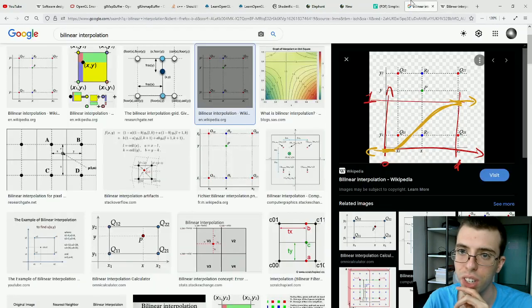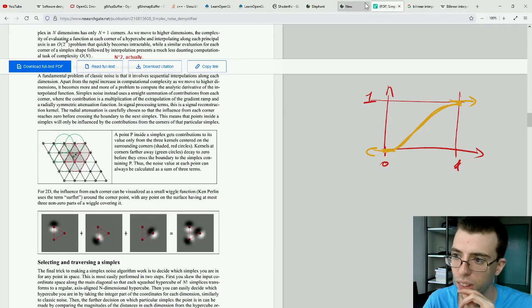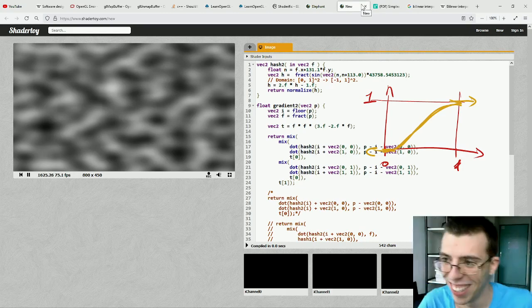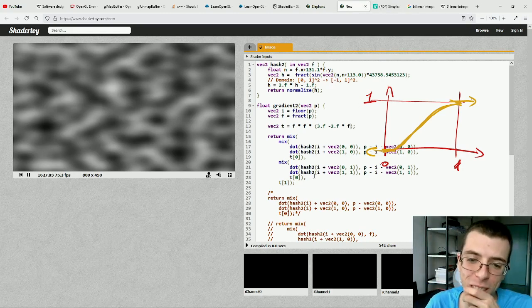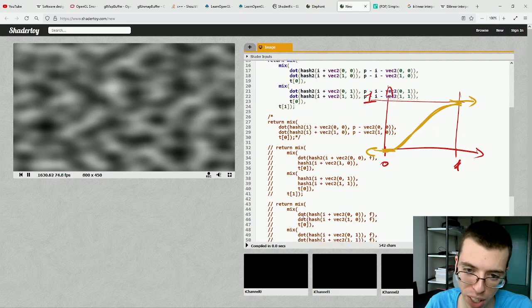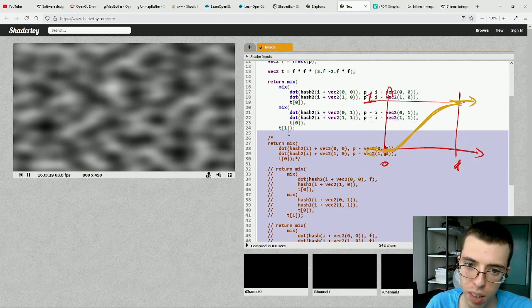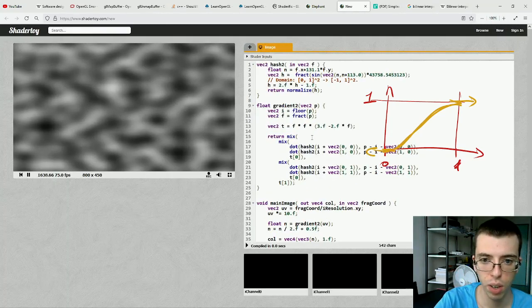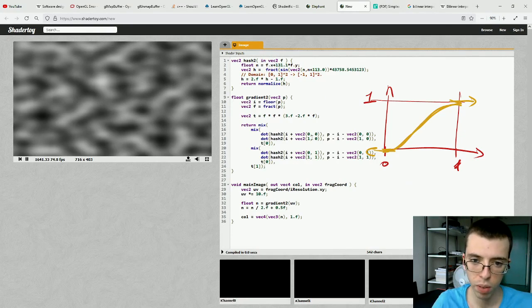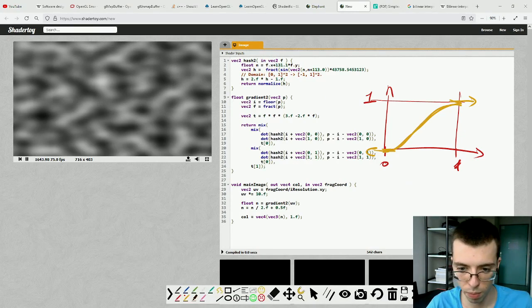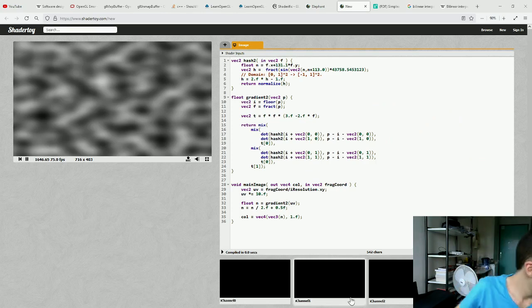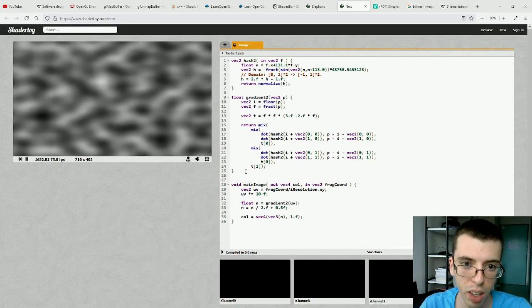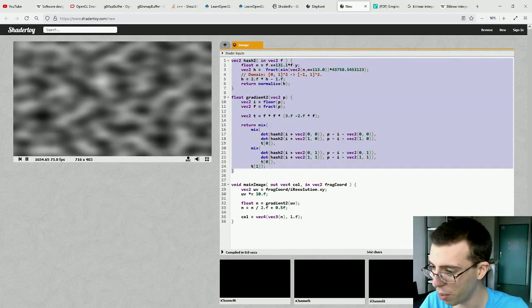Yeah, I'll do that. Let's see what we get with our terrain. I'm guessing this will be a pretty boring terrain, but